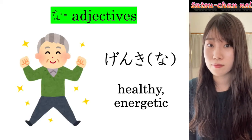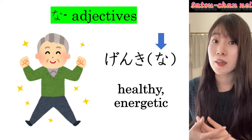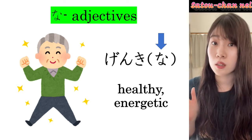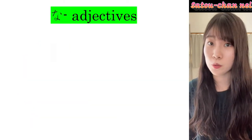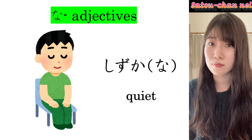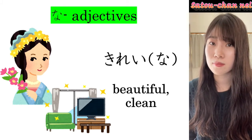元気な、元気な、元気な。I'm going to explain about this na later, so please don't worry about it right now. 元気な doesn't mean good for your body. You can't use it when you want to say, this food is healthy. It just describes someone's good condition of body and feeling. Next one is 静かな、きれいな。